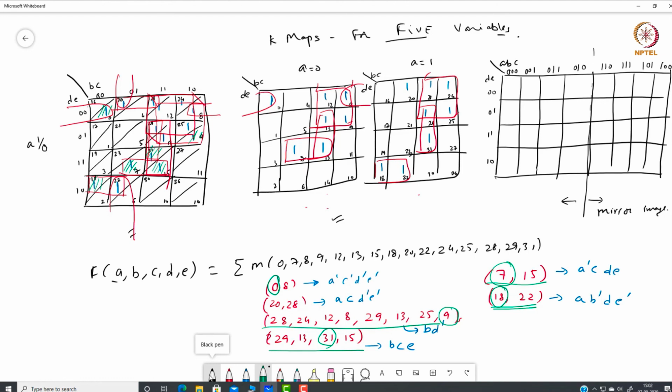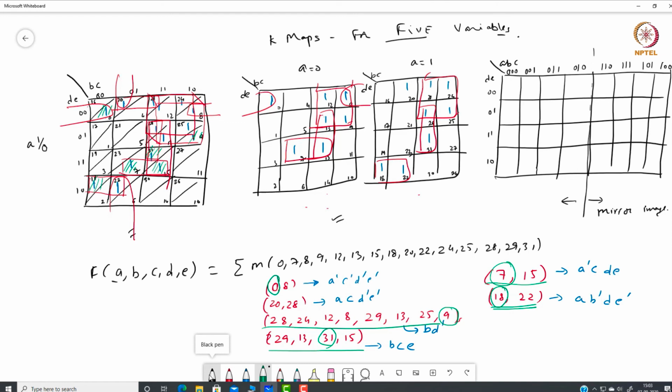So these are our concluding remarks: if we are minimizing K-maps for 5 variables, that makes our life a little complicated, but still, because K-maps are visually powerful, we can find out which min terms can be combined and put together to form bigger cubes. So there is still an effective mechanism for minimizing Boolean expressions.